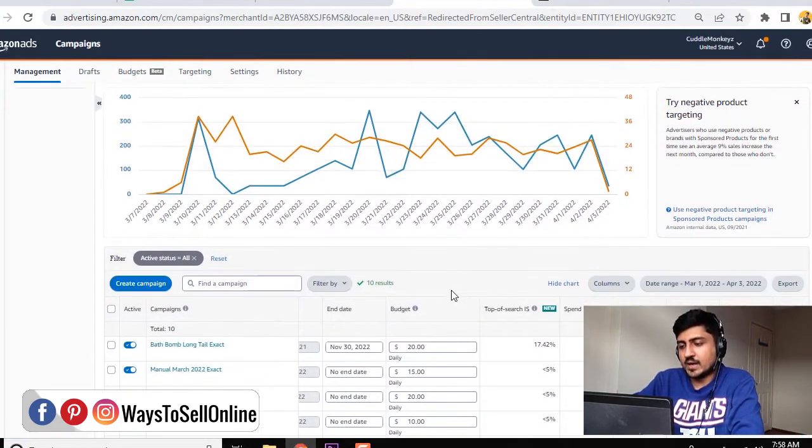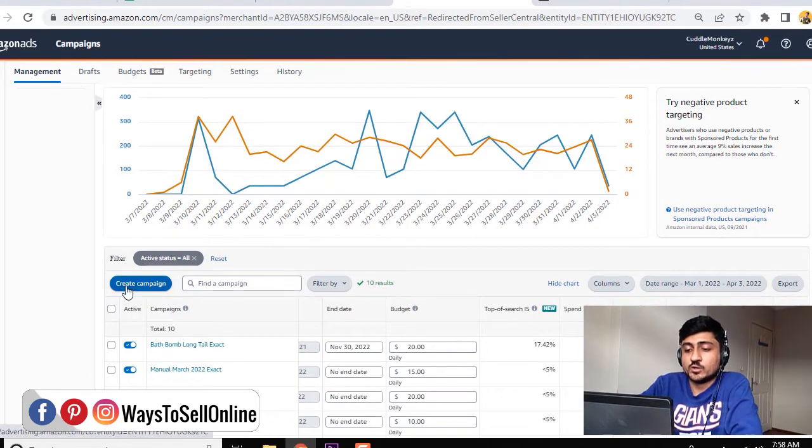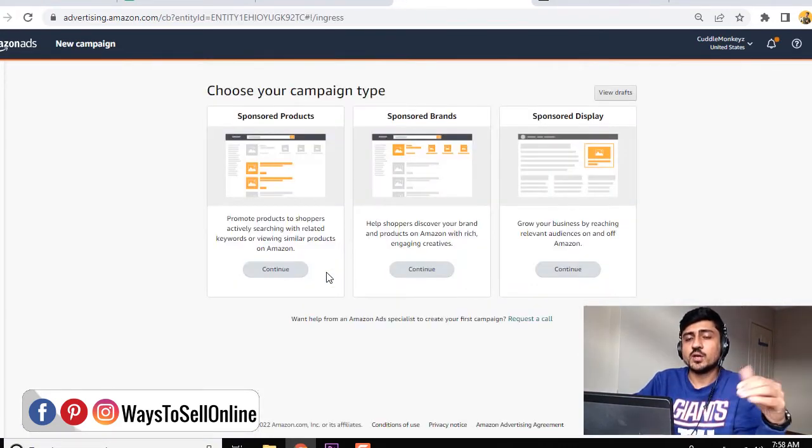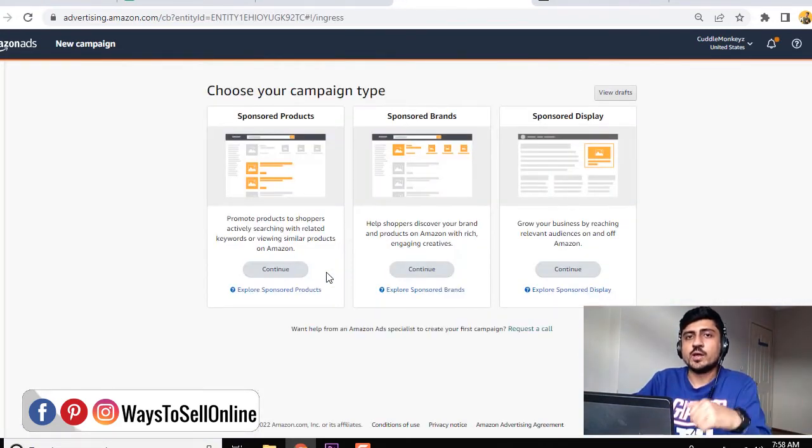So for example, I'm just starting one new campaign here just to show you how I create my campaigns. So for that, we need to click on the create campaign button. Right now I'm creating a campaign that has long tail keywords that have low competition. So if we target 5 high competition keywords for $20 per day, instead of this, I would like to target 50 low competitive, long tail keywords. So instead of putting my $20 on highly competitive keywords, I would like to spend those $20 on low competitive